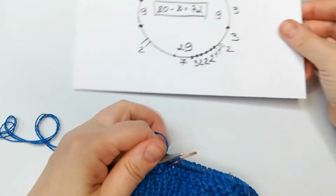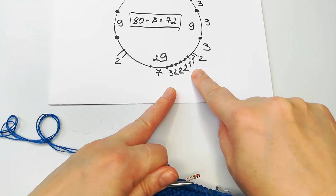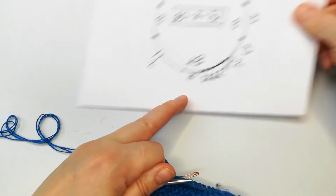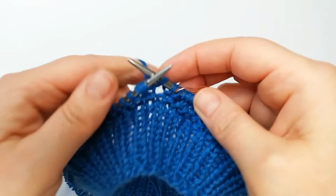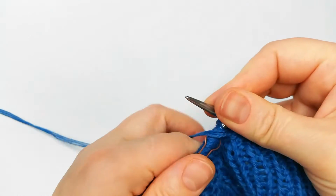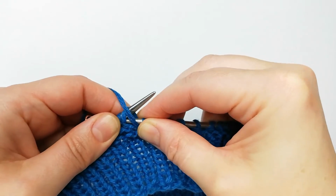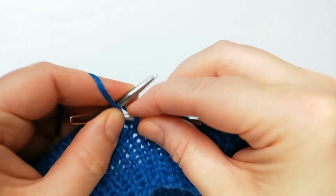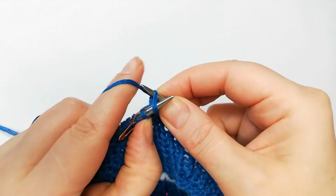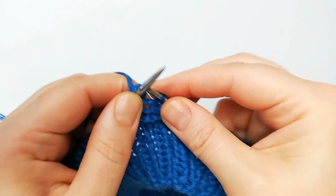At the moment we are passing on this side, on this sequence, then it will be 1, 1, then 2, 2, 2, and 3. Then we did our first double. Don't lose stitches, because here you will have immediately your yarn over. Purl it, and now go all the way back,